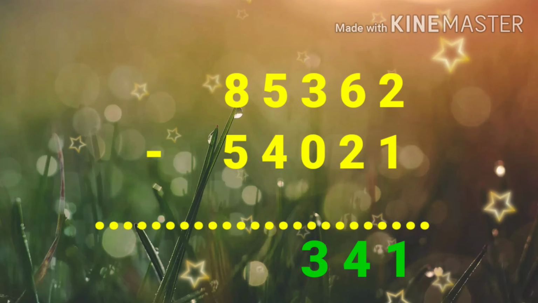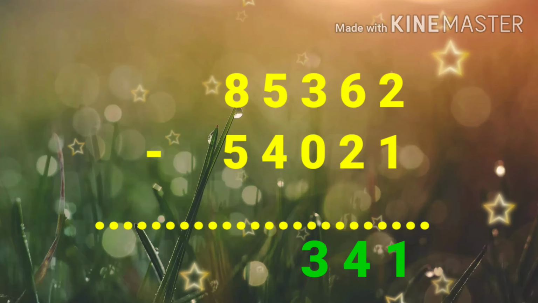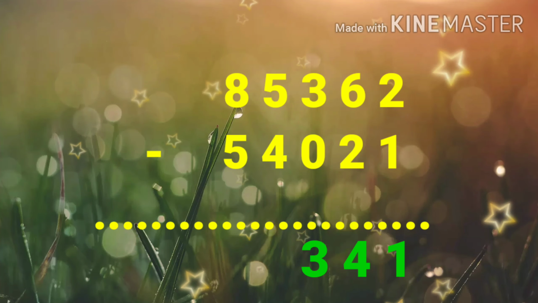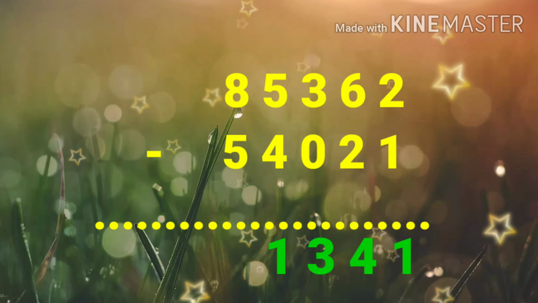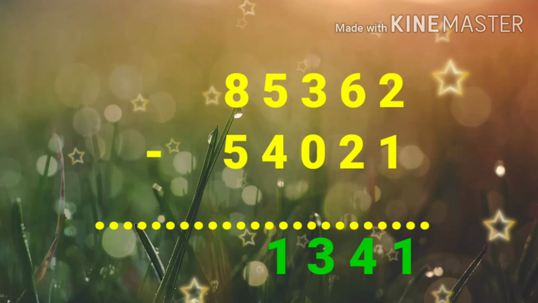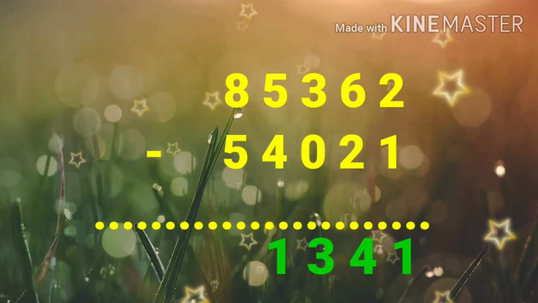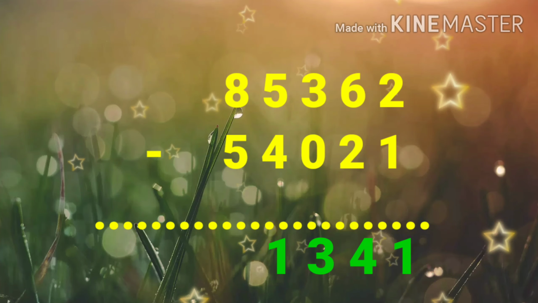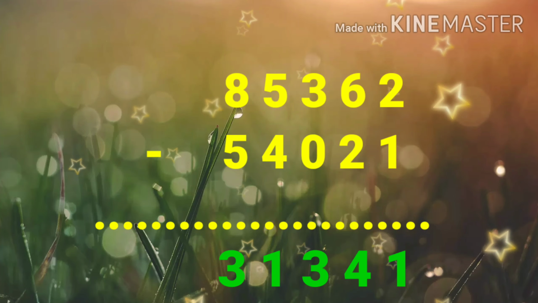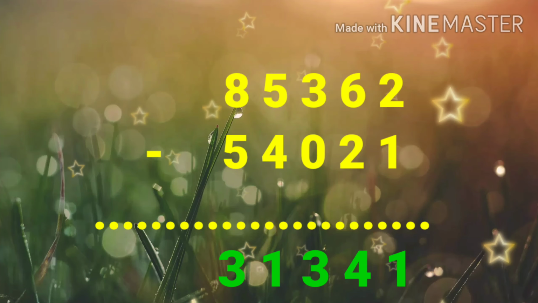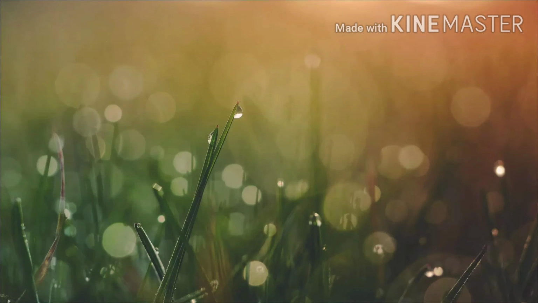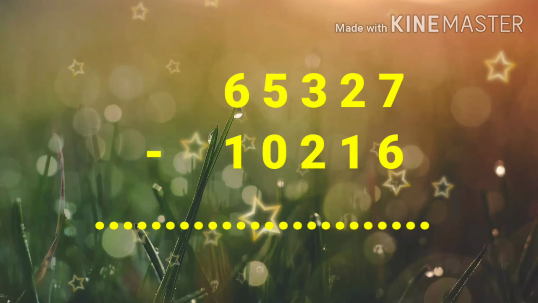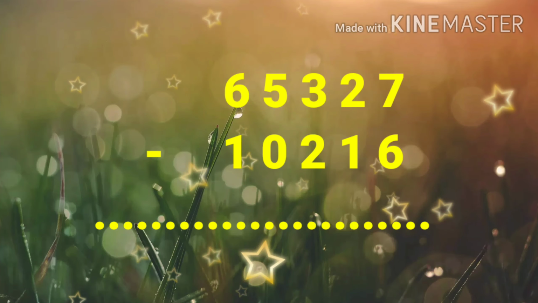Now see the thousands place, 5 and 4, that is match. So what should be added to 4 to get 5? That is 1. Now see the 10,000 place, 8 and 5, this is match. So what should be added to 5 to get 8? That is 3. 5 plus 3 is 8. So the answer is 31,341. Next question, subtract 10,216 from